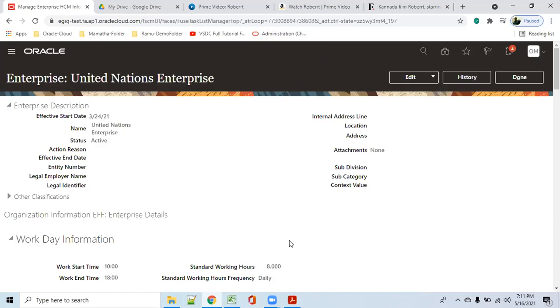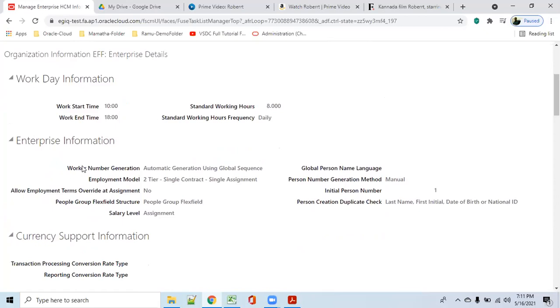So let's say for TCS you have given the main enterprise name as TCS. Then say you have TCS Bangalore? No, TCS is the big organization name. There is no TCS headquarters. Wherever TCS has been established, that headquarters name and some information we are giving, such as where the workday will start and how to generate the number. This setup will be handled by HCM, but we have to know how to set up the enterprise name.